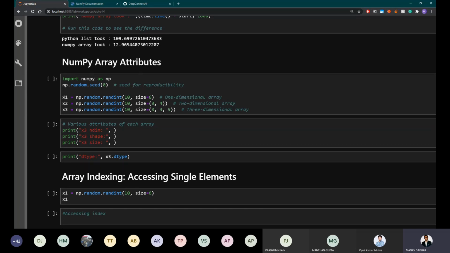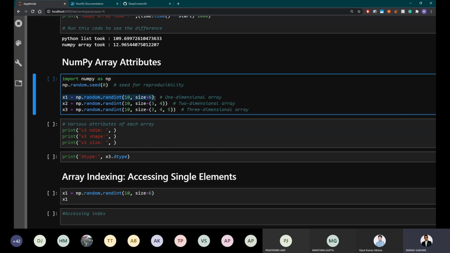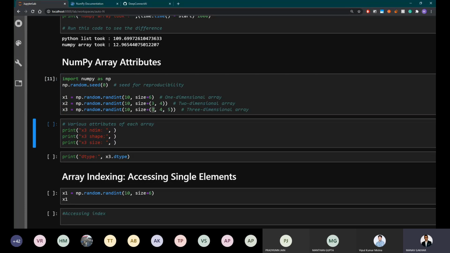So this is just a way of defining arrays. These are basically three arrays. The first one is an array of integers of size 6, and the second one is 3 cross 4. This can be thought of as a matrix, a two-dimensional array. The third one is a three-dimensional array. You can think of it as 4 rows, 5 columns, and then stack 3 of them together, one after the other, like plates. That becomes easy to visualize that way.